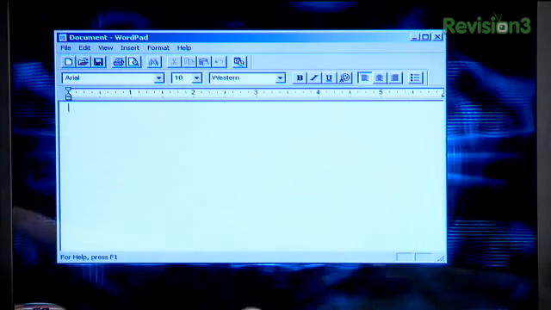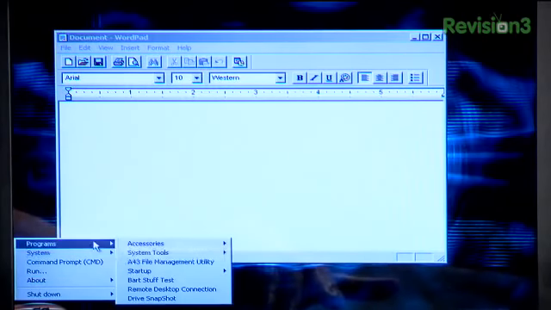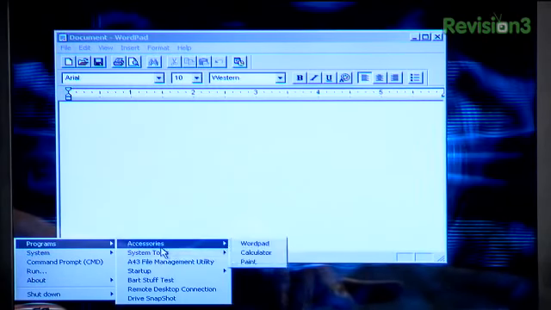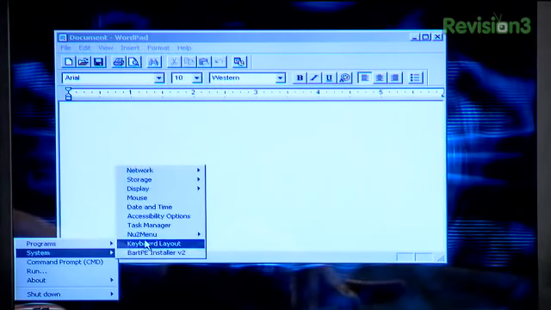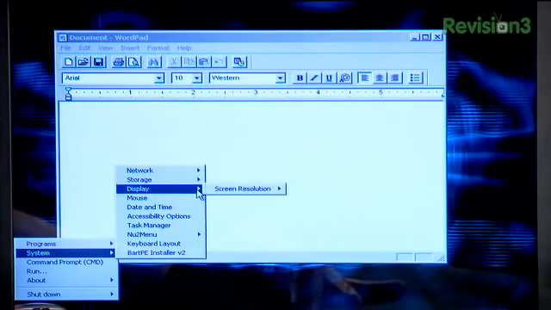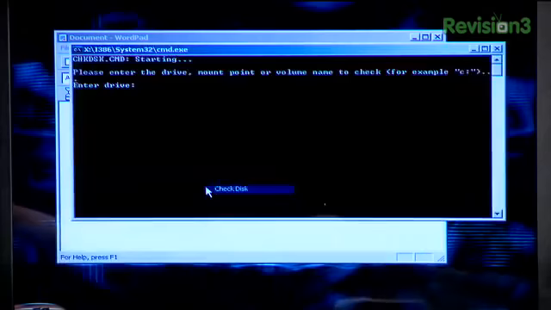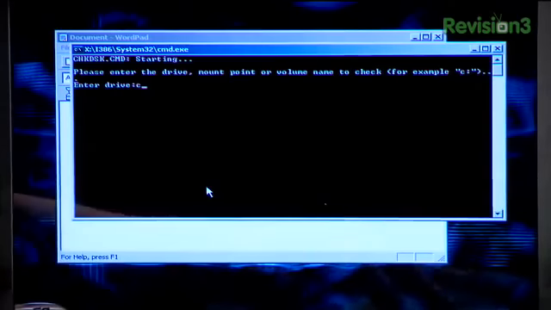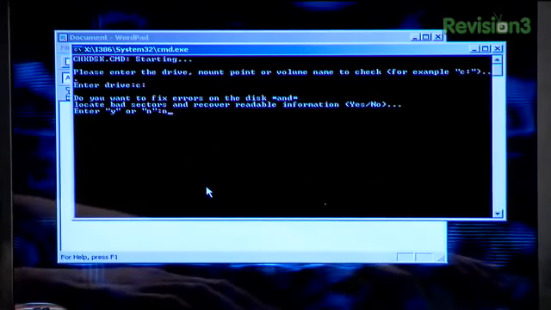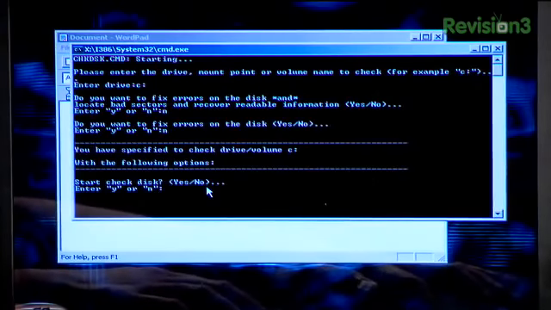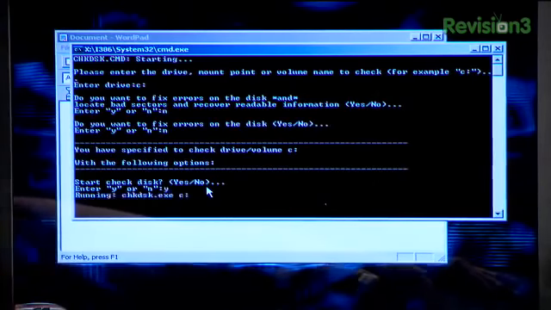If I wanted to, I could also do system tools, I can do disk copy. Let's Start, run, CMD, format, C colon. Or if say like I want to check disk, I can do C colon and hit enter, and then it will ask yes or no. So it's basically a tool that gets you up and running once everything has gone to complete failure,